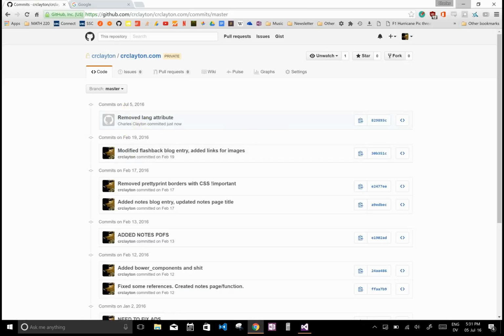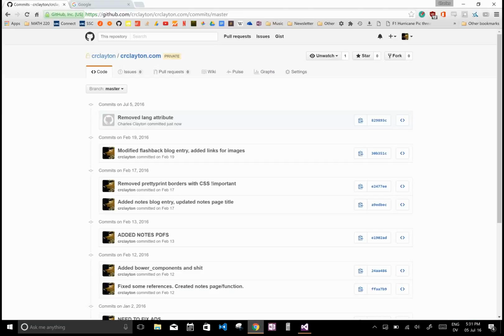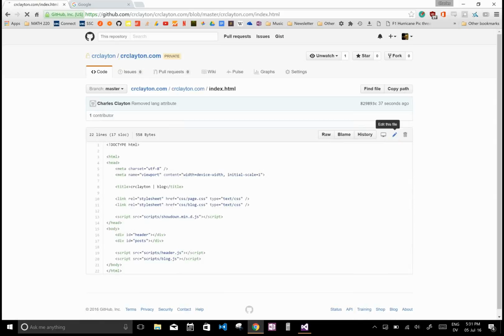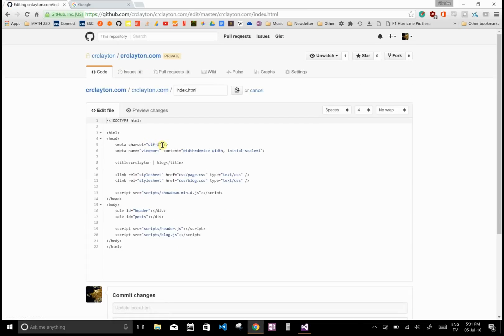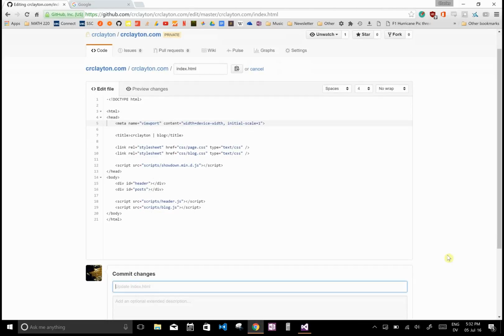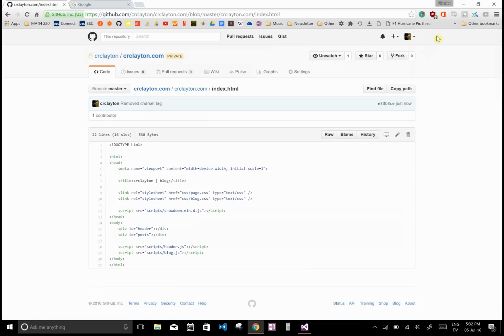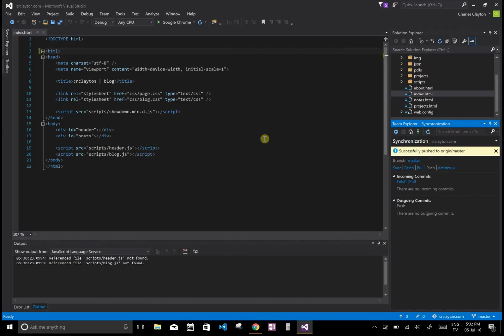Now, let's say somebody on another computer, or you on another computer, makes a different change, and you want to synchronize that. Edit this file, and let's say also this character set, we don't need that either. Actually, we don't need this entire meta tag. So I'm going to remove that as well. And I'm going to say removed char set tag, and I'm going to commit that. Now, if I go back to my Visual Studio,